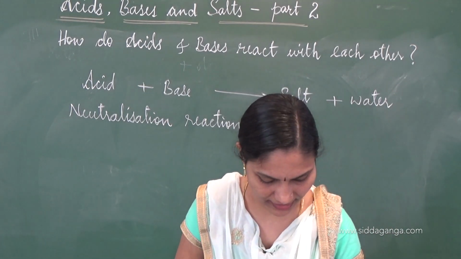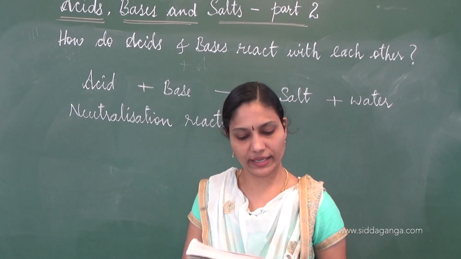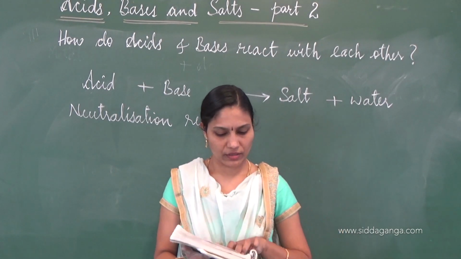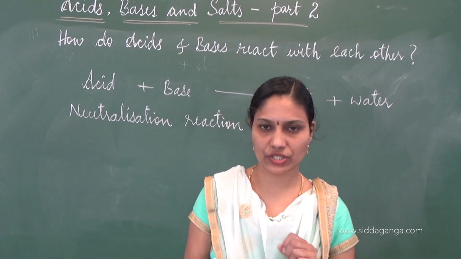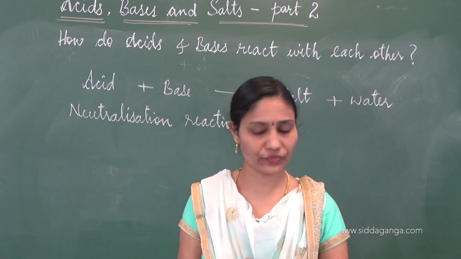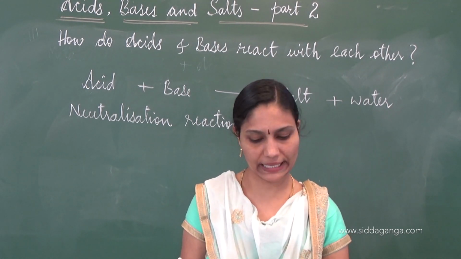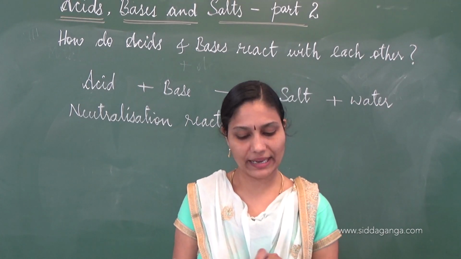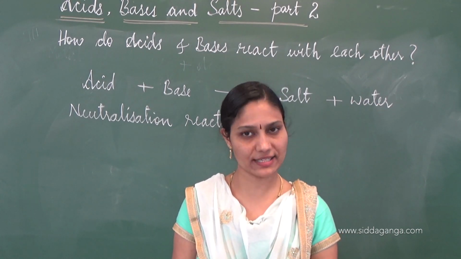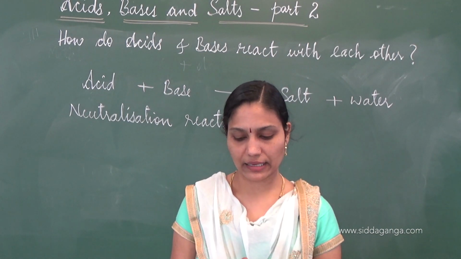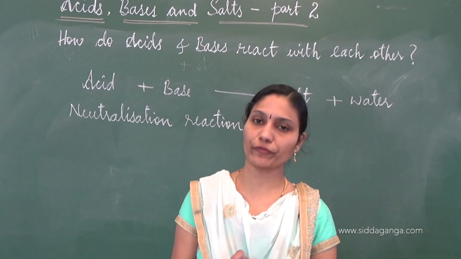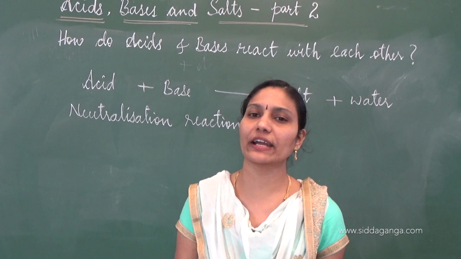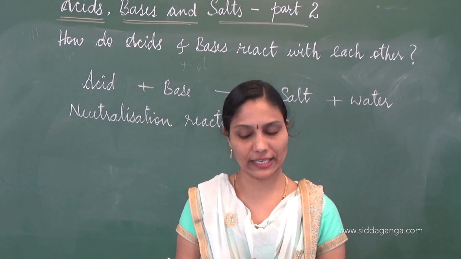That is the reason it turned colorless, because here is a question. Take about 2 ml of dilute NaOH, that is done. And what is the color of the solution? The solution turned pink. Add dilute HCl to the above solution drop by drop. We did it. Is there any change in color? Yes, it turned colorless. Turned colorless because the effect of base NaOH was nullified by acid, that is HCl.